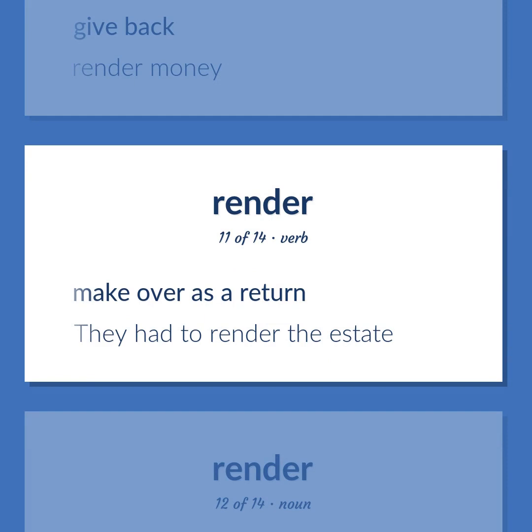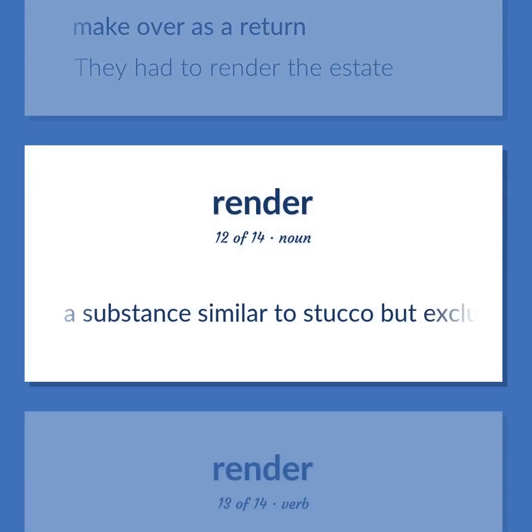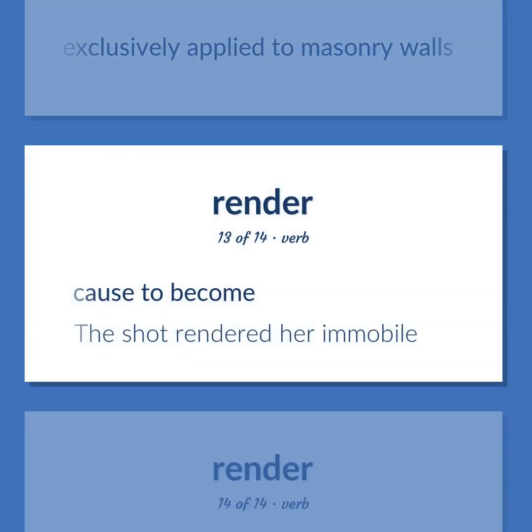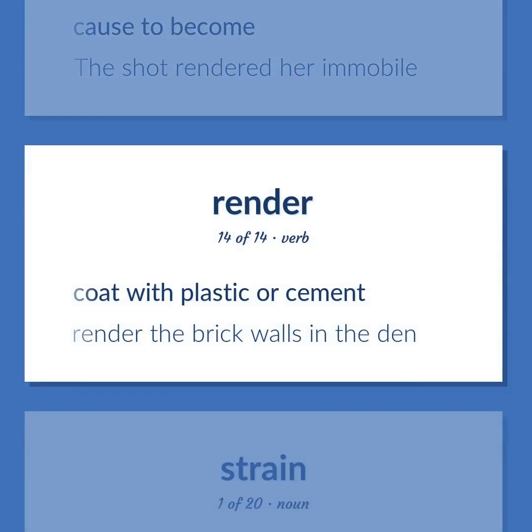Make over as a return. They had to render the estate. A substance similar to stucco but exclusively applied to masonry walls. Cause to become. The shot rendered her immobile. Coat with plastic or cement. Render the brick walls in the den.